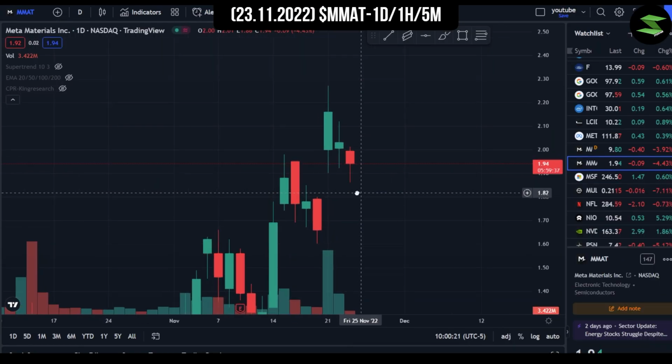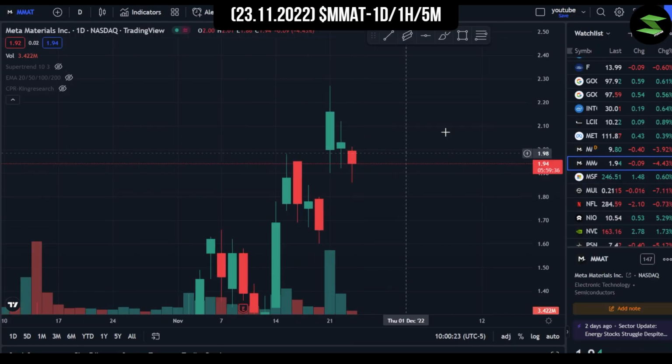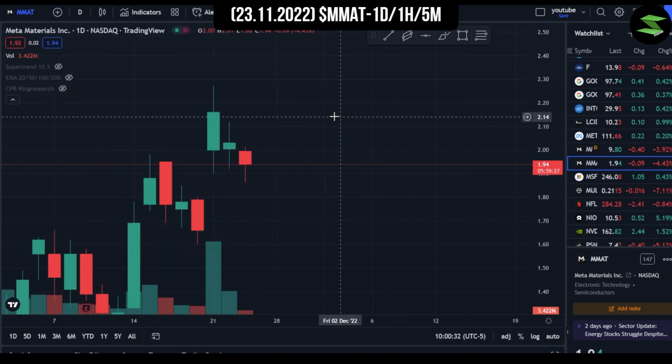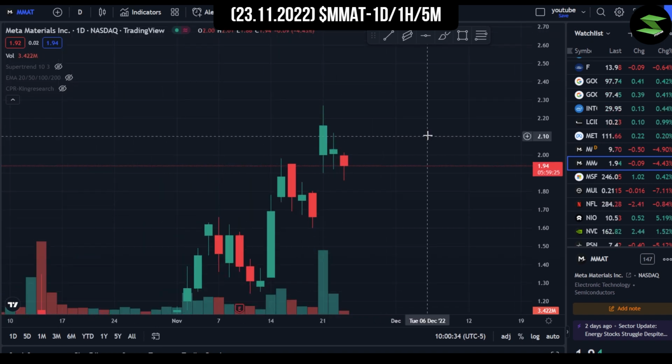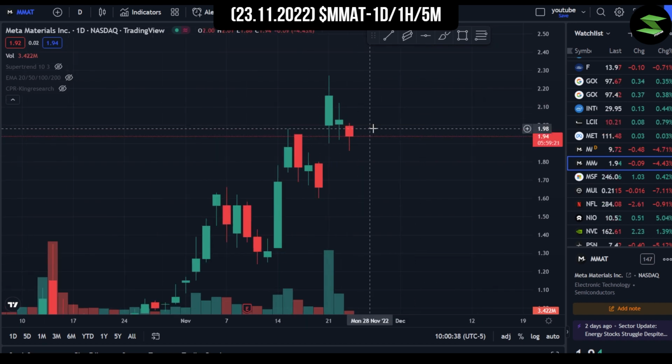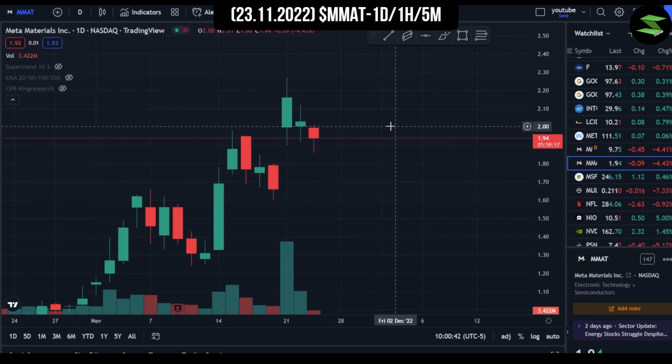So as you can see right here, we're now in the 1-day chart for MMAT, and as always, we'll first analyze the 1-day chart, then the 1-hour chart, and to end it off, we'll get to the 5-minute chart. But right off the bat, you can see that we have some really great price action going on over here. And this, if you ask me, is probably the best time to enter into the stock right now, because